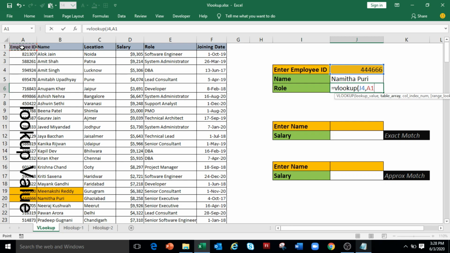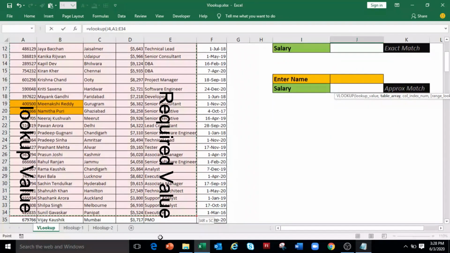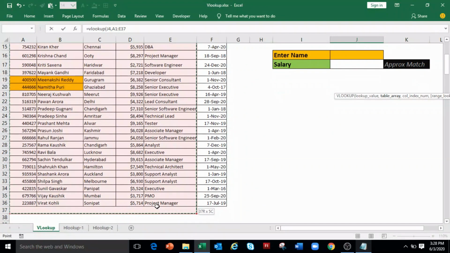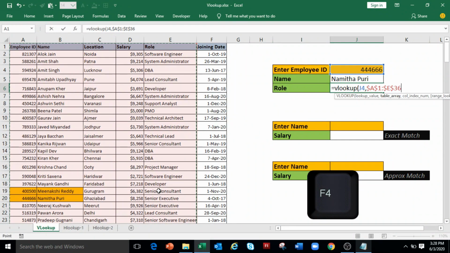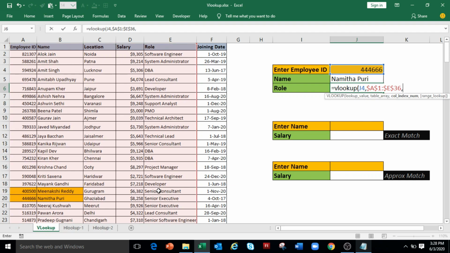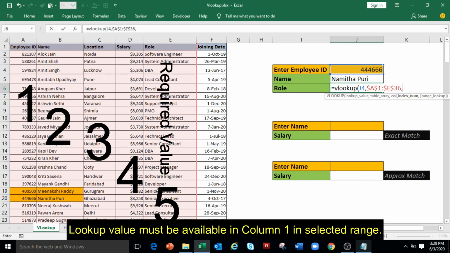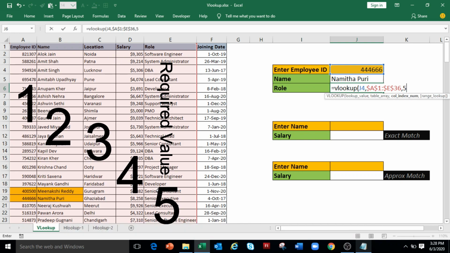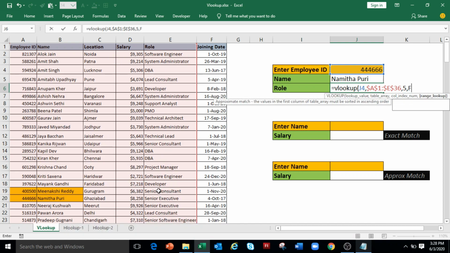Now the required value is role, which is in column E. So select from A1 to E36. Press F4 for absolute reference, comma. The role is in fifth column of the selected table range. Type 5, comma. Type 0 or false for exact match, closing bracket and press enter.